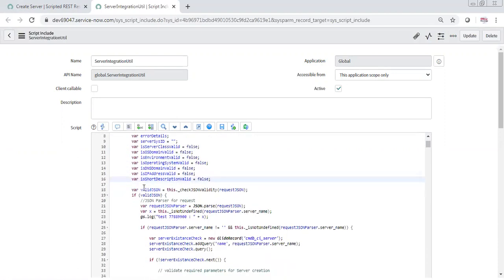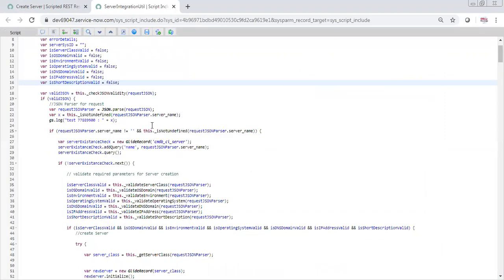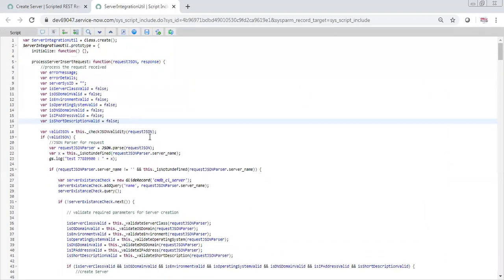Coming to the first thing, as I said, this is all custom, you will have to do everything. Now if someone has sent me some data, before even processing that, I will try to check whether that data is correct or not, right?